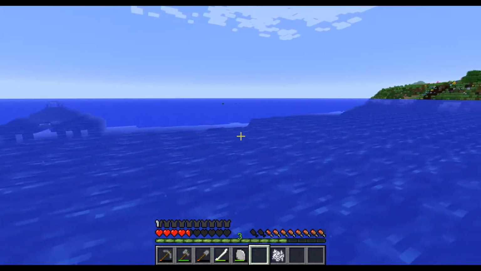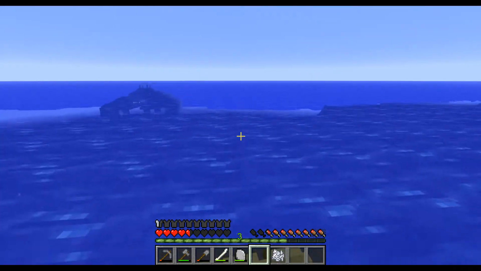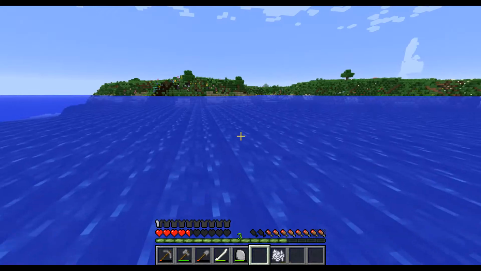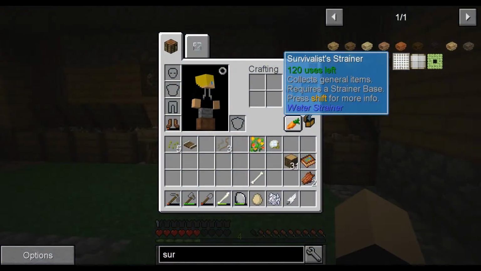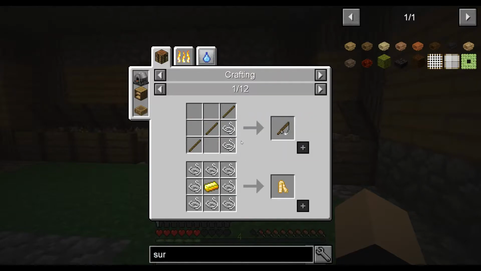But yeah, we won't go too close to that because things will attack us, and we really don't want to get killed by that thing. So we will head back to the house and make ourselves the strainer, which for this you need quite a few